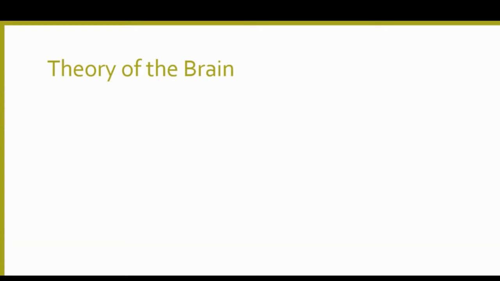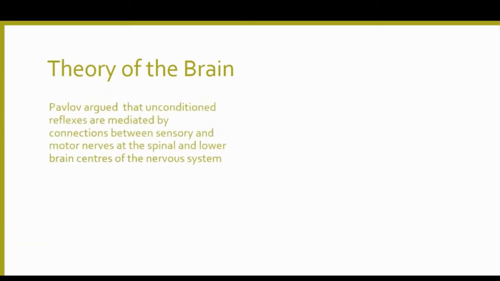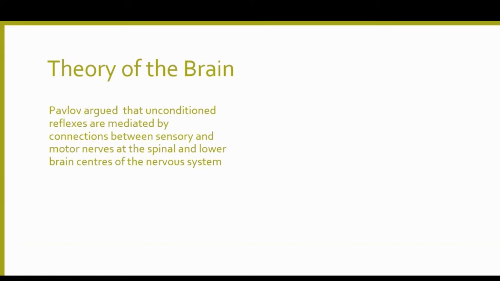Pavlov theory of the brain. Pavlov argued that unconditioned reflexes are mediated by connection between sensory and motor nerves at the spinal and lower brain centers of the nervous system. Conditioned reflexes occur when neural pathways in the cortex become part of the circuitry, establishing connection between certain stimuli and responses that had not been